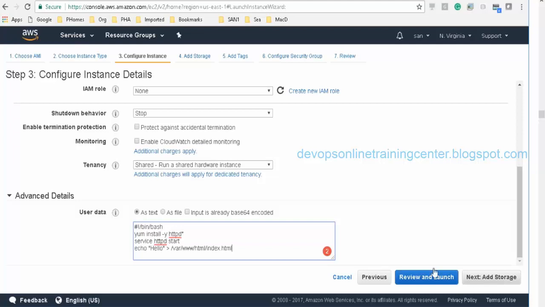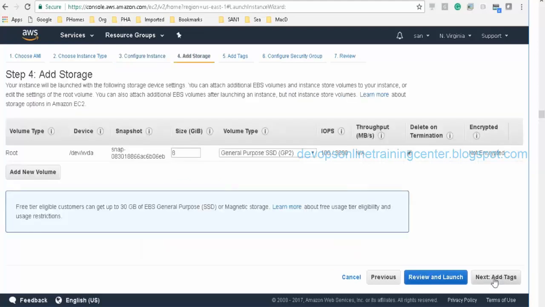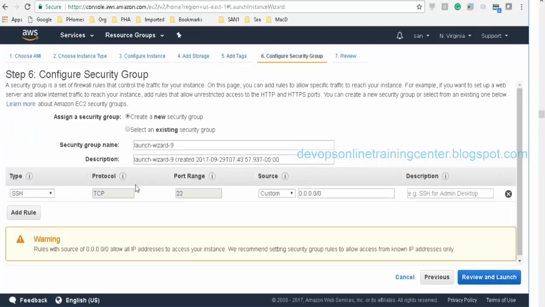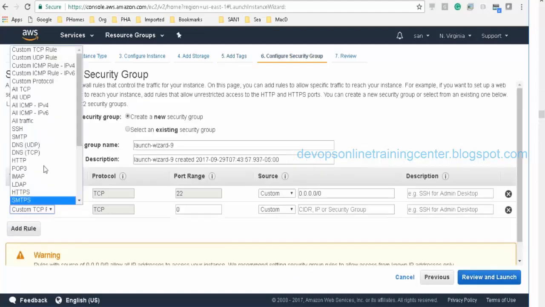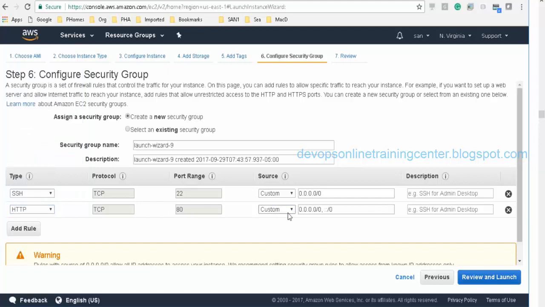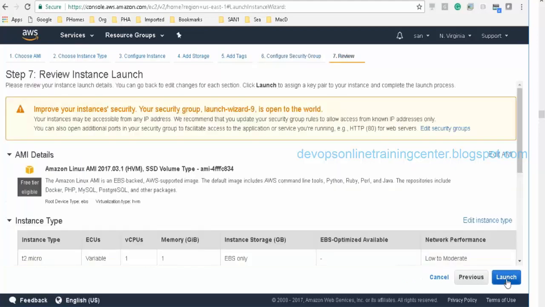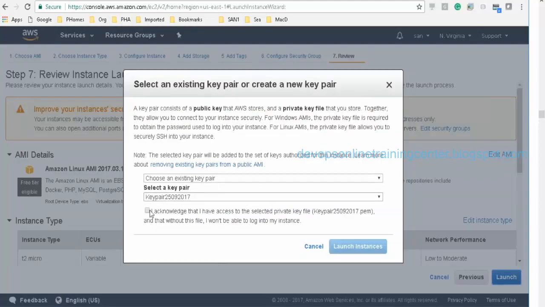I think it's systemctl start httpd, right, if it is a Red Hat 7 version. The systemctl service also works, I guess. Maybe Red Hat 7 is deprecated, I don't know. Let us see. 8 GB storage, and the security group will also allow HTTP on port 80 from anywhere. Launch. We'll use the same key pair.